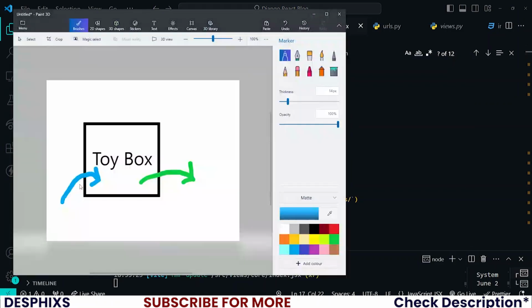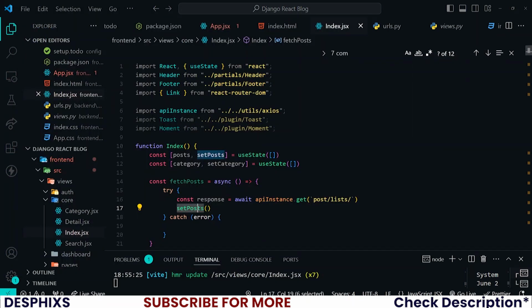Remember I said set post is used to add information into the toy box. Do you remember that? That is what we want to do now. We want to add information into the use state. So I'll say set post, and I'm going to set